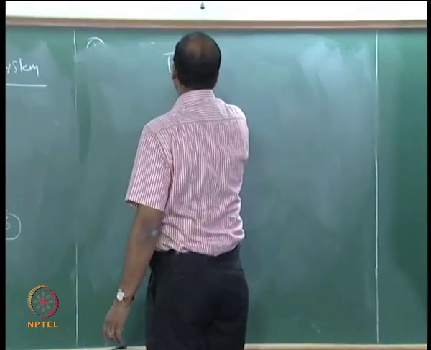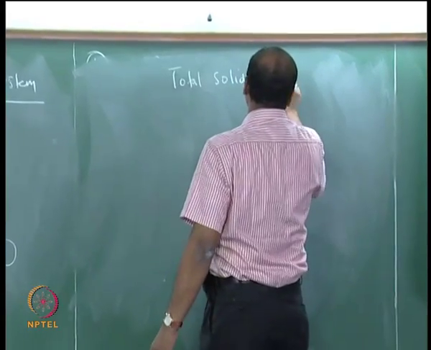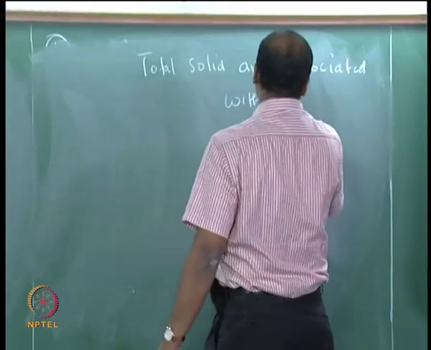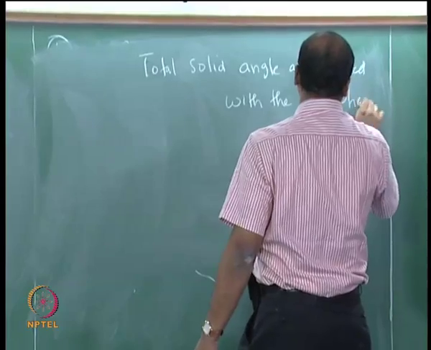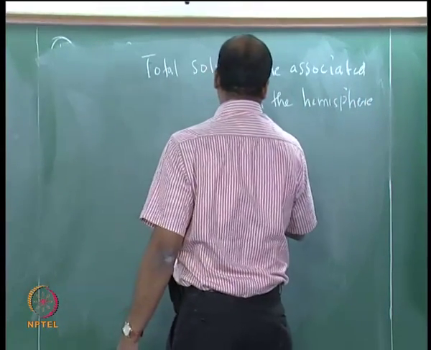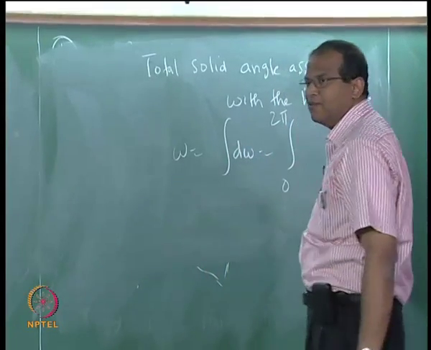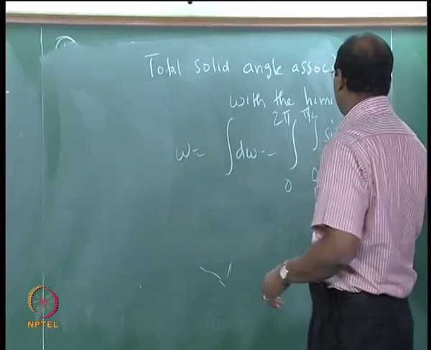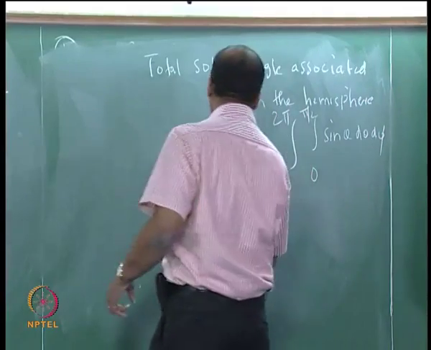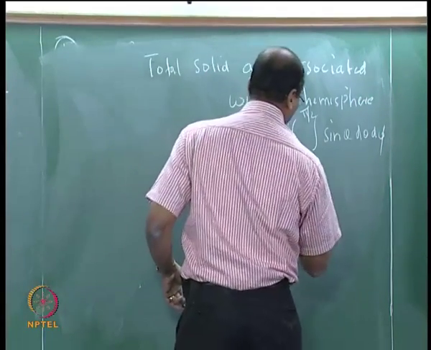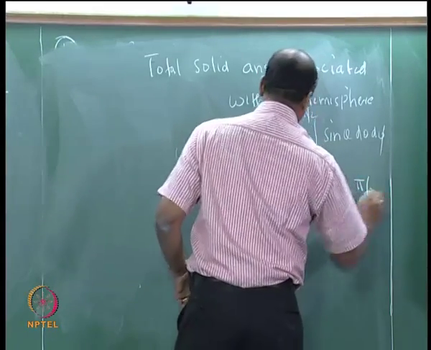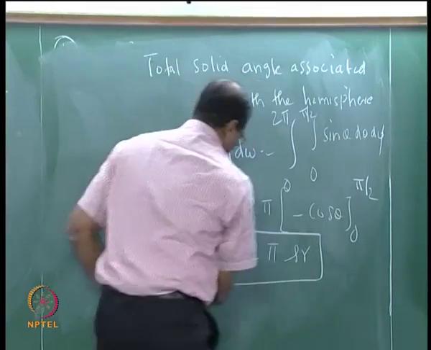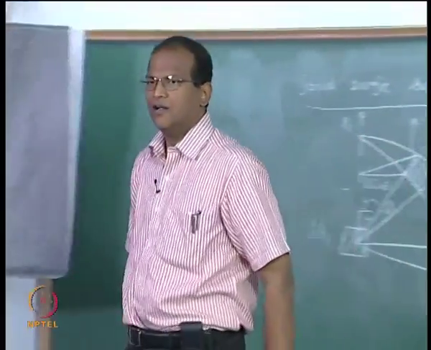Total solid angle: so the phi will vary from 0 to 2 pi and theta will vary from 0 to pi by 2, sorry, hemisphere is pi by 2, sin theta d theta d phi. So therefore the total solid angle associated with the hemisphere is 2 pi steradian,